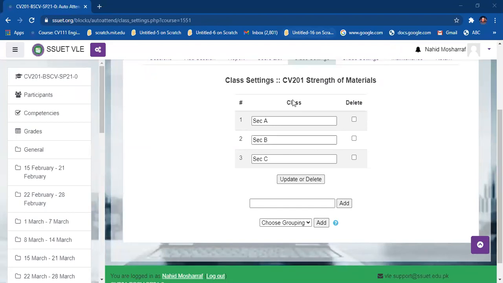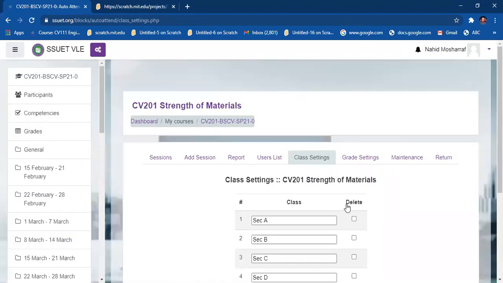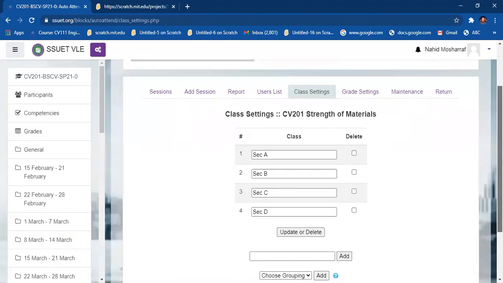For example, you have section A and section B here, but what you have to do, let me show you how you can do that. So this is section A, section B, section C. I want to create a new one, I can choose grouping. No, it's no group. So section D, because I'm conducting classes of section D, I have to click on the add tab and then it will get added. And you can see there are sections A, B, C and D. If you want to delete this, you should click on it here and click on this. It will ask you whether you want to delete this or not. So it's your choice whether you want to delete this or not.